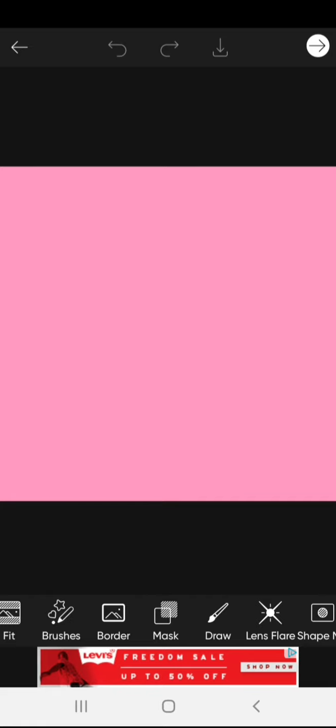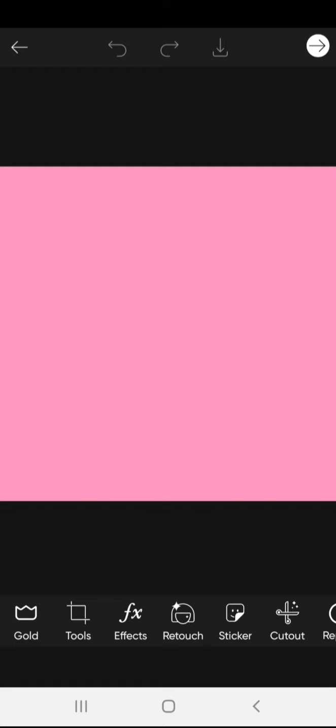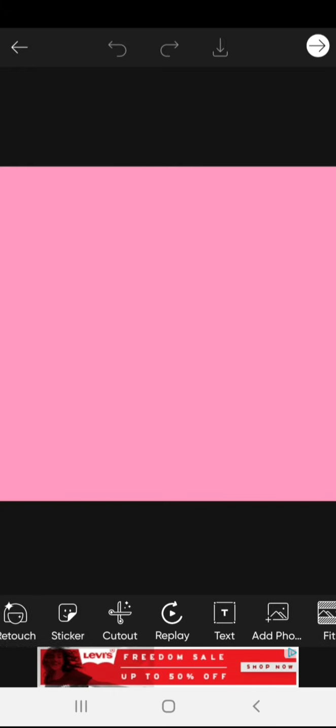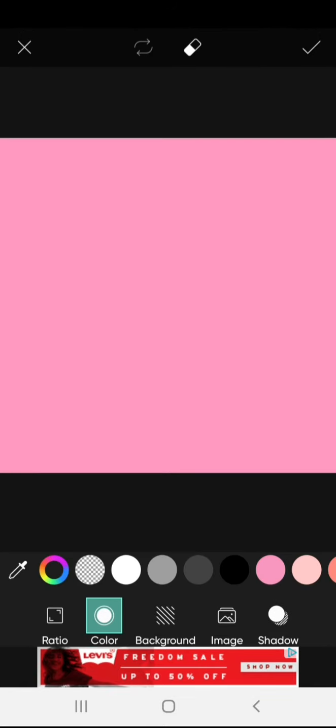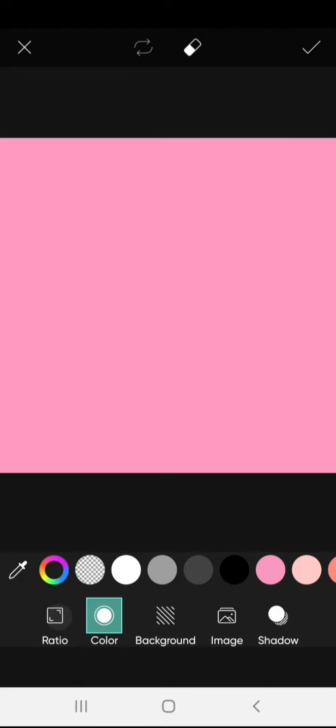Okay, now what you have to do is convert this ratio into your YouTube thumbnail ratio. So click on the fit option. Once you click on the fit option, there is an option of color, and beside color there is an option of ratio.